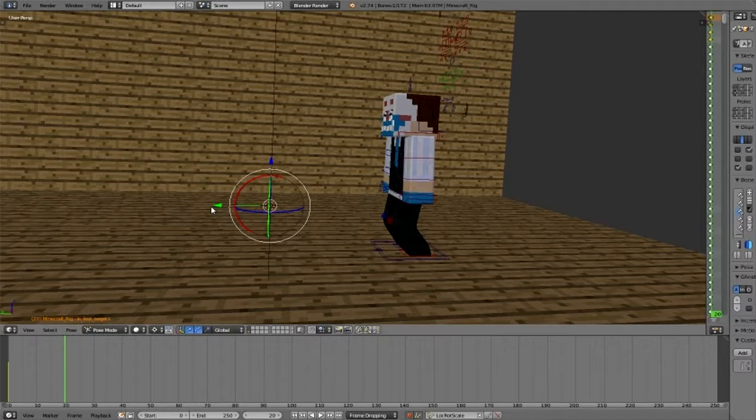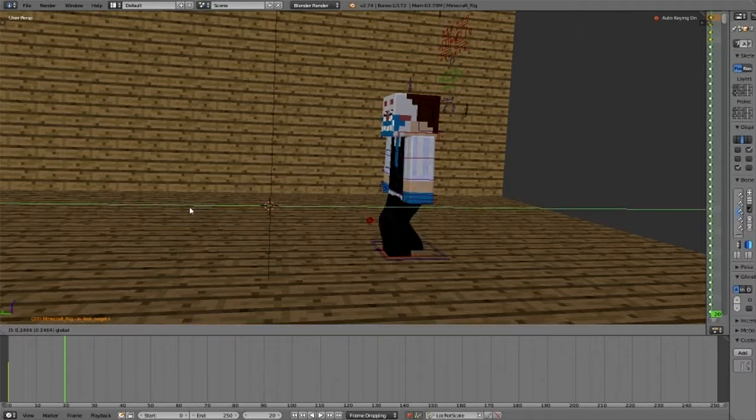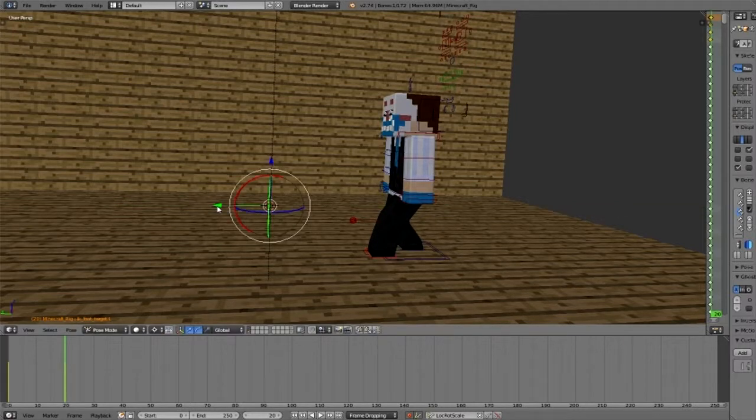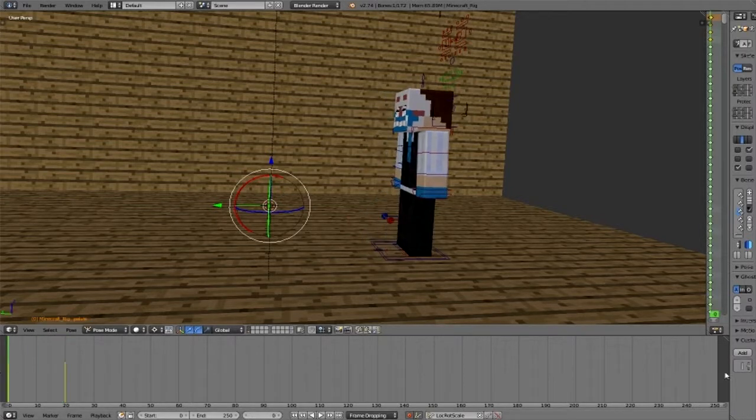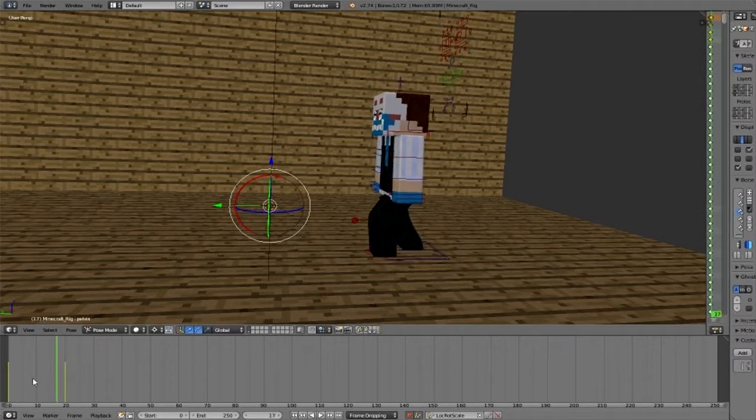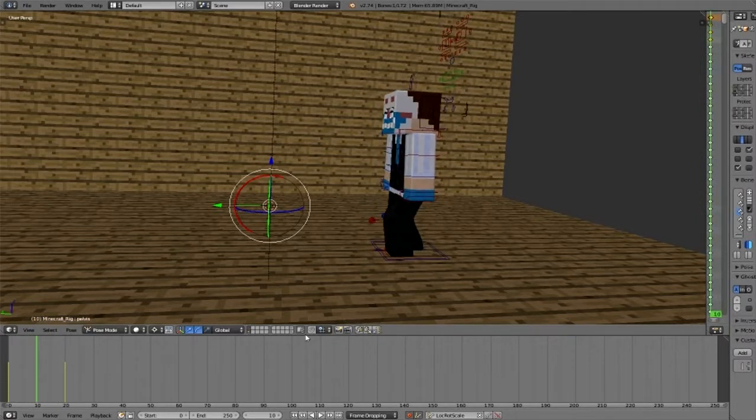Then we're going to grab one of his feet. I think we're going to start with the left foot, and we're going to bring that forwards. Now that doesn't look right compared to the waist, so we're going to move the waist a little more. As you can see, that back leg's now straightening out. However, all he's doing there is sliding his foot along. So we're going to go to halfway, going to go to 10 frames, select the foot again,